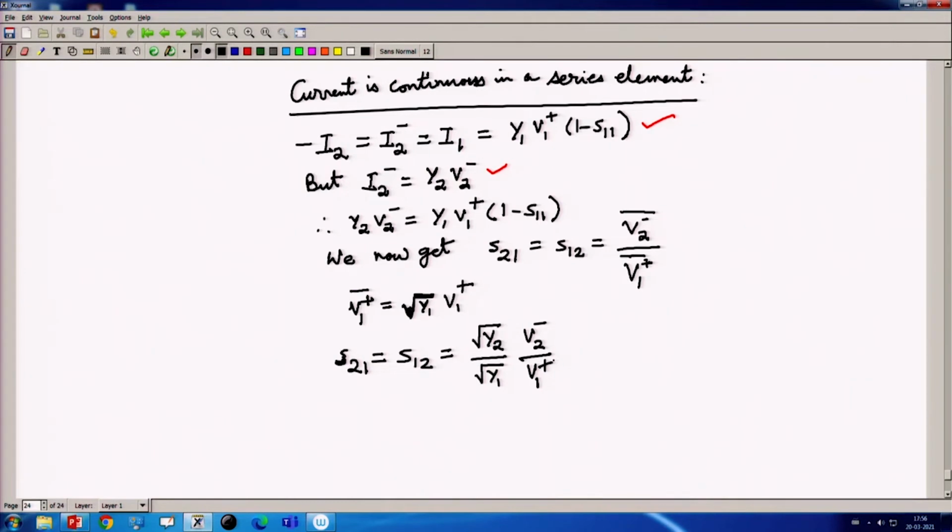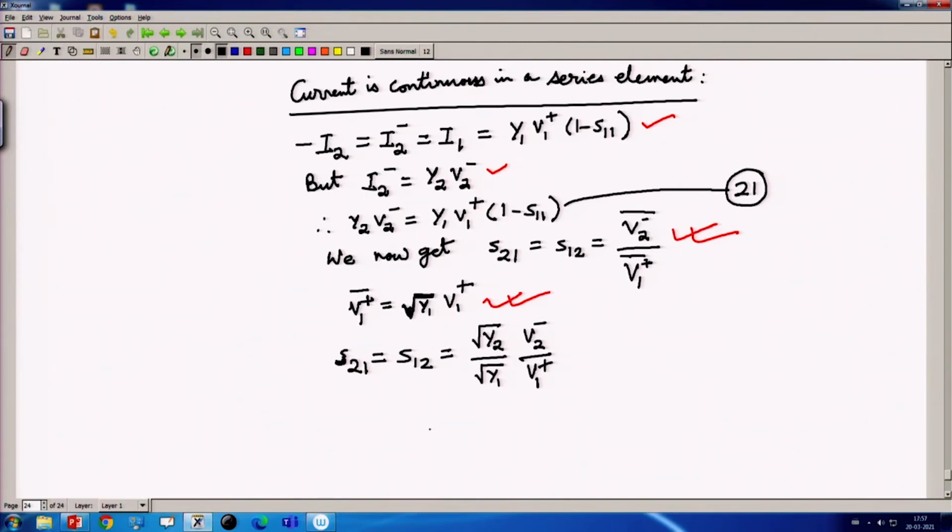That is the definition of S 1 2, which is coming from here and there. So this is the definition of S 1 2. If I name this as, let us suppose, equation 21,